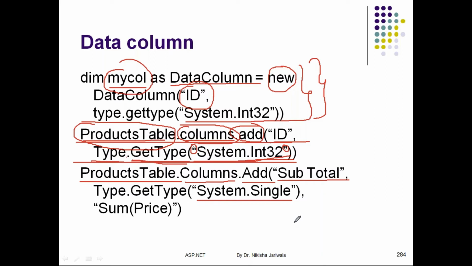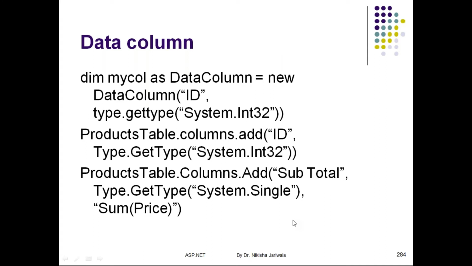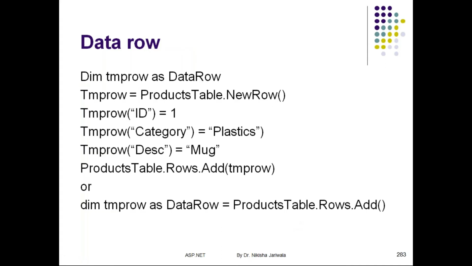And along with that, if I want to specify from where I want to get the value for this particular column, then I can write Sum(Price). It means it will use the Sum function, and it will calculate the price accordingly, and it will specify the default value for that particular column, right? So this is how we can create columns, or more precisely, add columns within the table. So we assume that we have created all the columns.